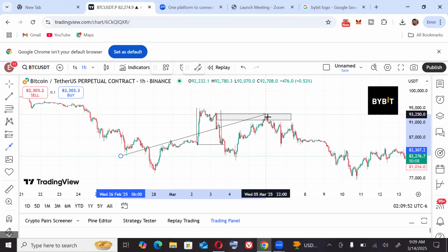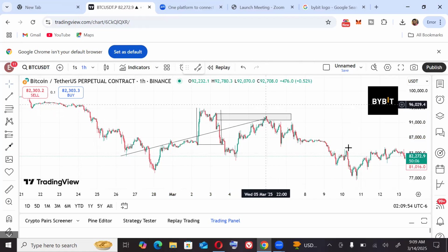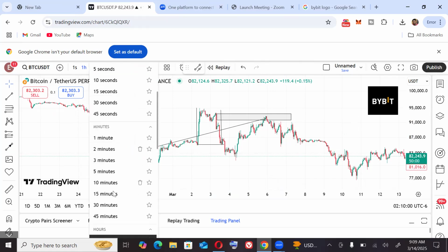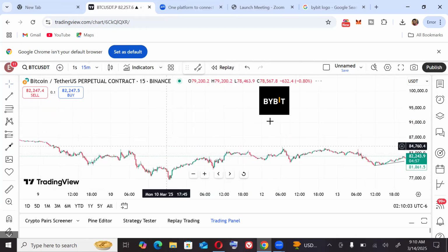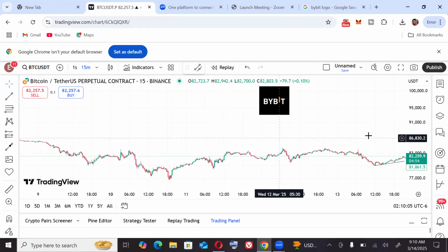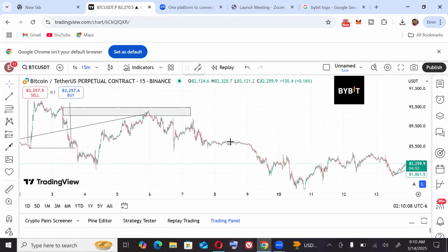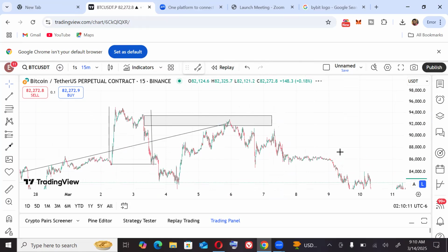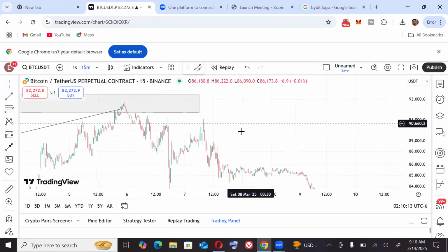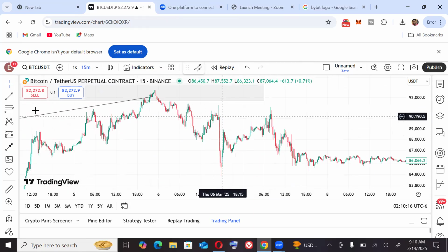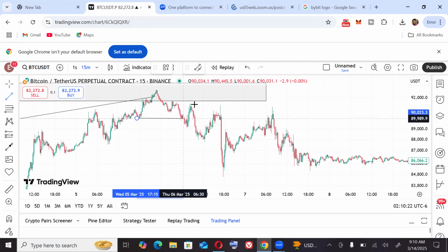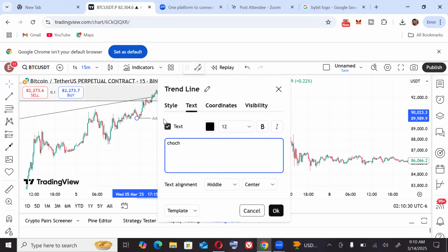So the next thing we want to do is to come down here to our lower time frame. This is 1 hour. Come down to a lower time frame, let's say 15 minutes. Just come down there. Try and identify a trend shift. And the moment you see a trend shift, like what we have here, this is a very good example. The moment you see a trend shift, or what we call change of character,